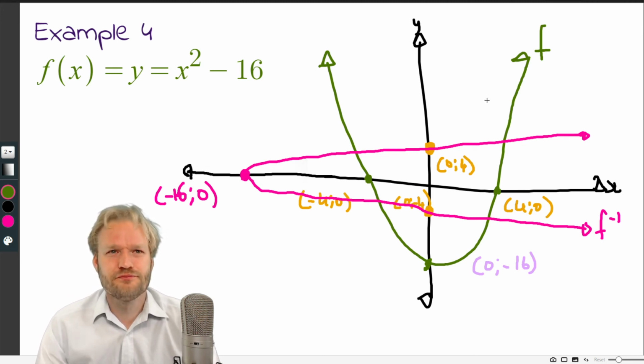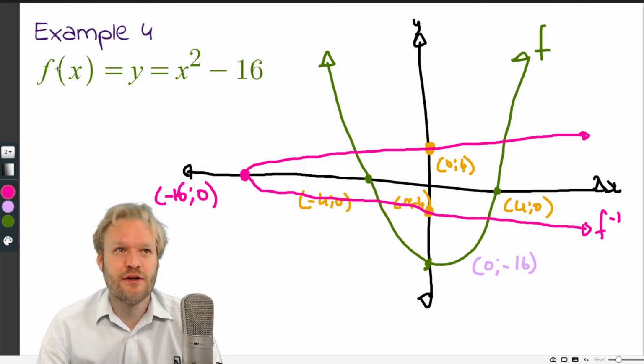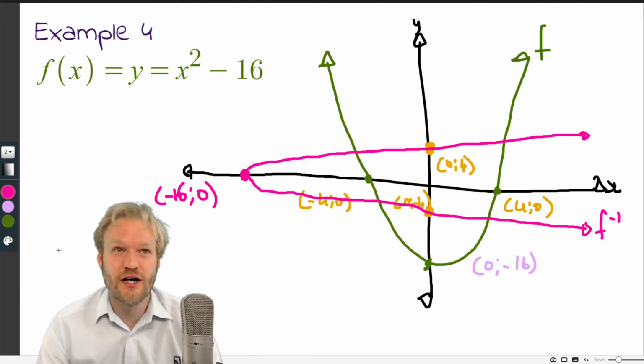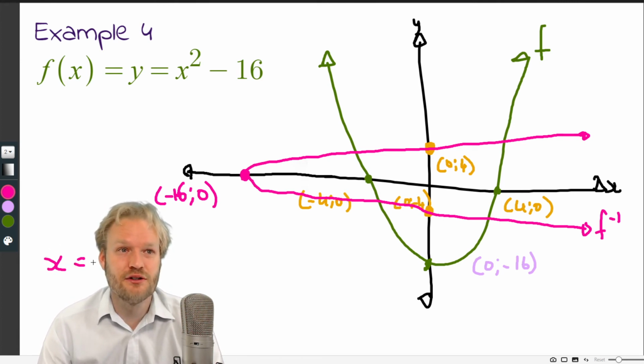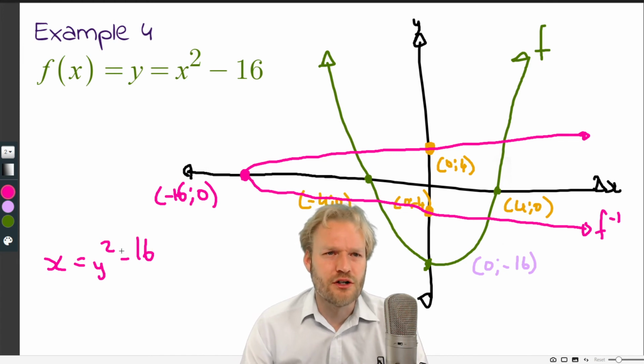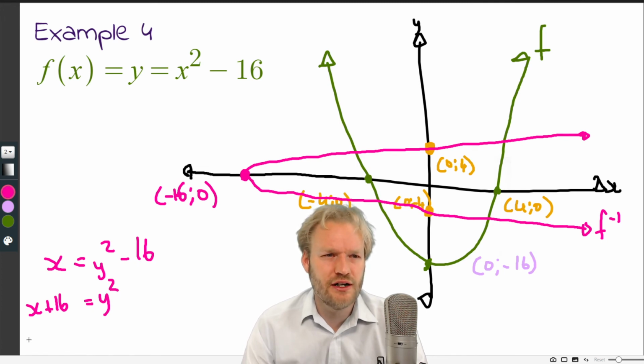Now, let's work this out algebraically. f(x) is this, which means that for our inverse, where x is y and y is x, x equals y squared minus 16. Now, we need to make y the subject of the formula. So we add 16 to both sides: x plus 16 equals y squared. And this is what we need to work out, the squared now. So we need to square root each side. Square root of x plus 16